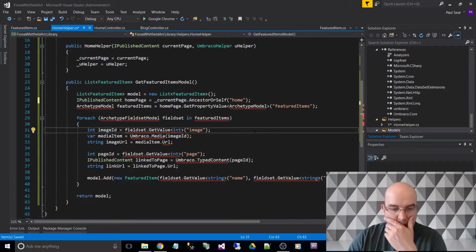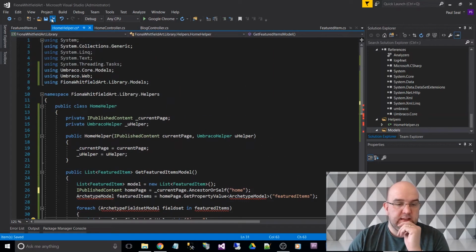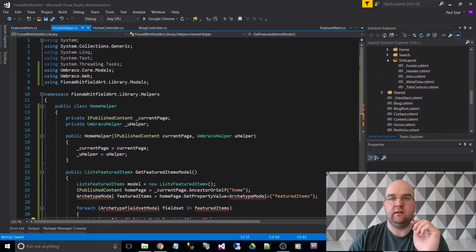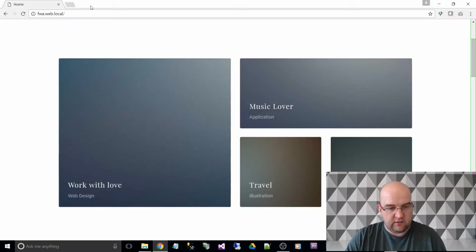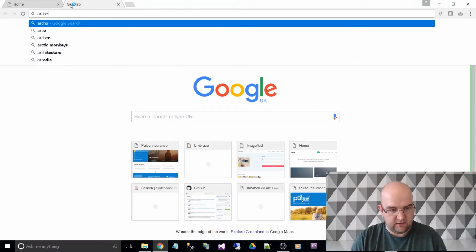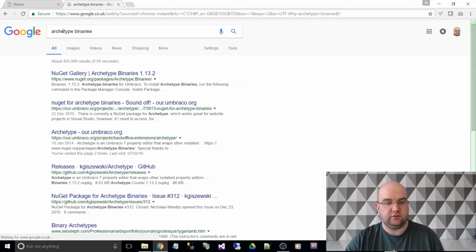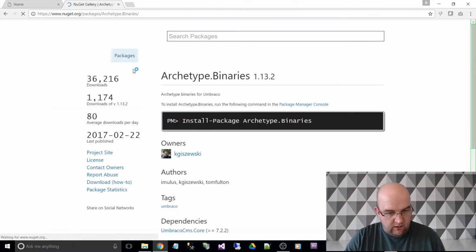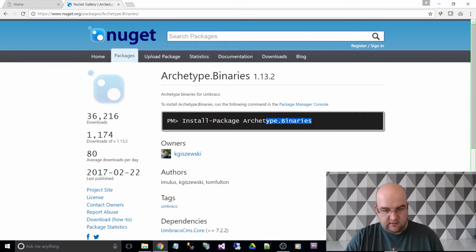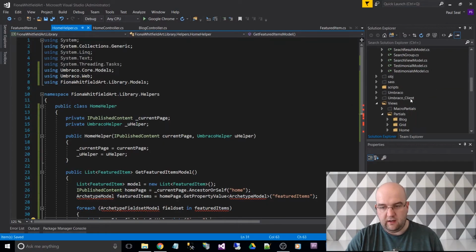So that one's done. Next thing is we need archetype. Now, one way we can do this is either just reference the archetype DLL that's in the bin, or I think there's a NuGet package for archetype binaries, so let's just have a look, which I think is ideal for just libraries. Here we go, archetype binaries. So I believe we can just, on our web, not on our web, on our library project,